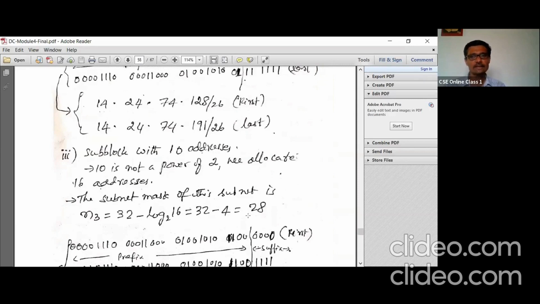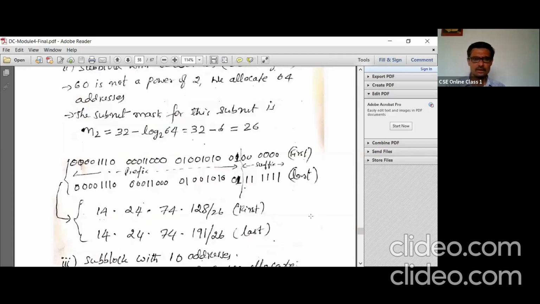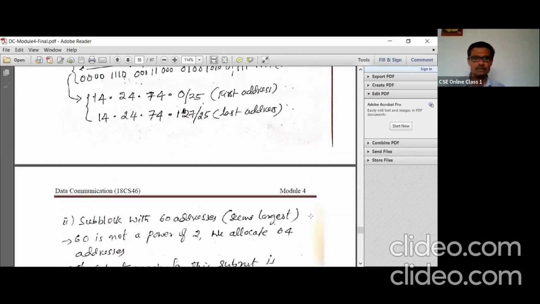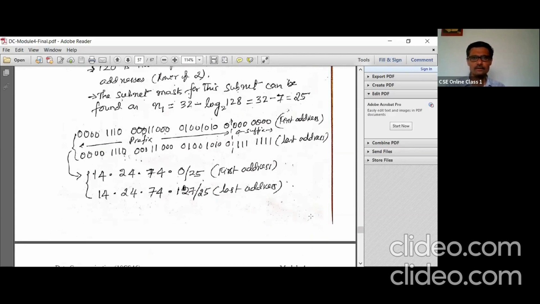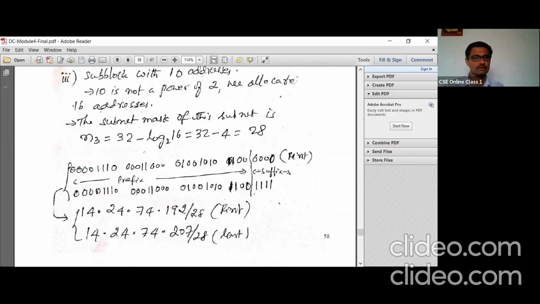If you add all of them, it is less than 256 addresses. I think it is 192 addresses. Still there are some more addresses left out. One more organization can use that. One more department can use.